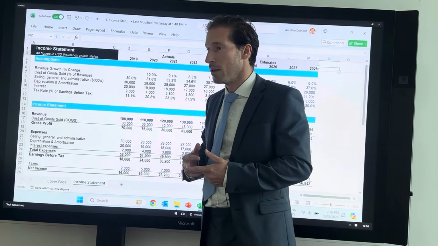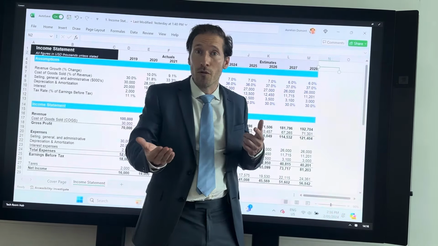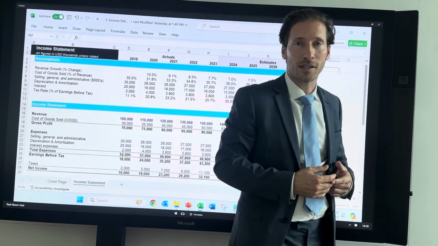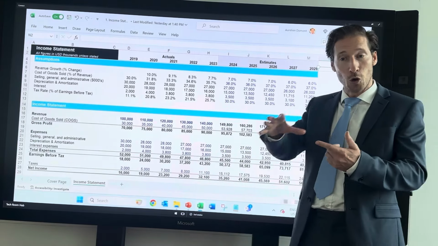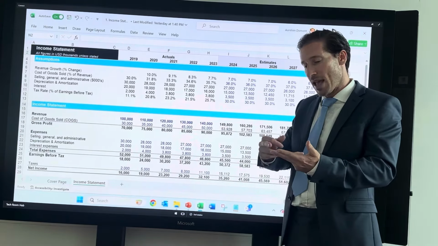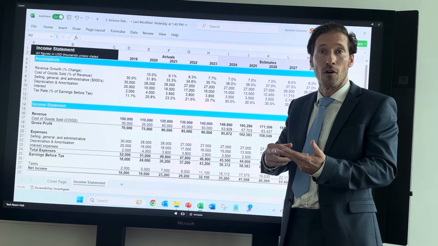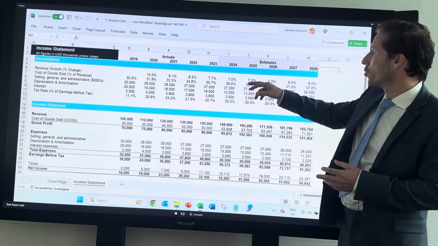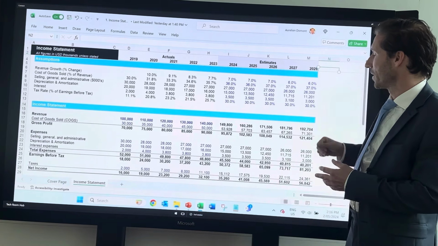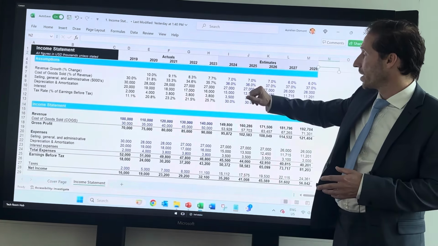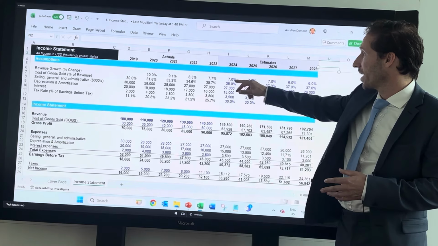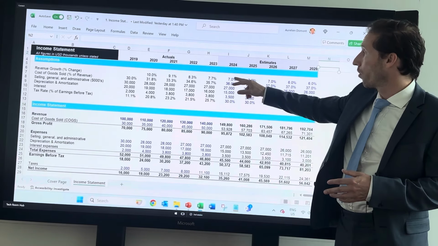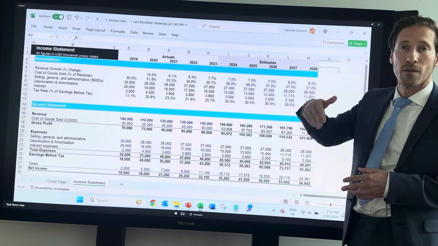You may remove a product from the market, so that may decrease your revenue. So based on your understanding of your own business and based on your understanding of your industry and the economic environment, you should be able to roughly provide estimates. Okay? Here we decided to put 7% as an estimate of revenue growth for the 5